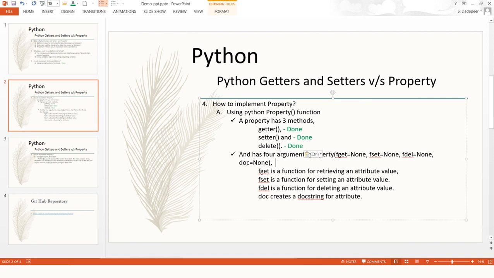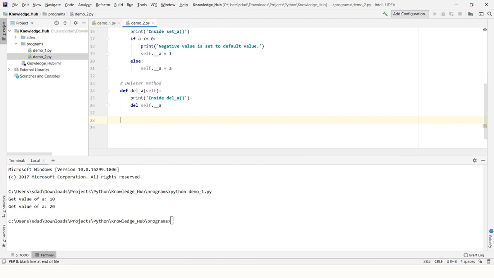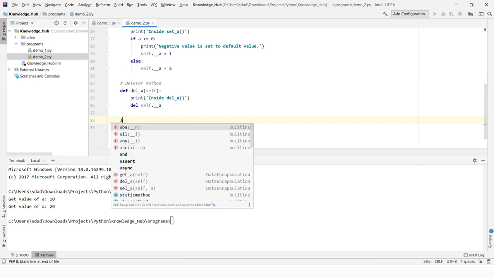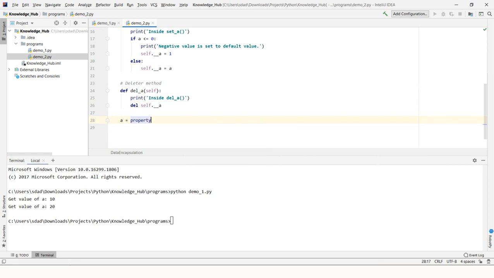We need to use this property function for accessing these variables, these methods. So I will come here and write the name of the variable, a is equal to property, get_a, set_a, del_a,